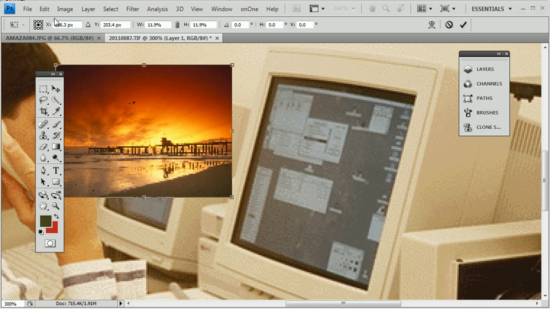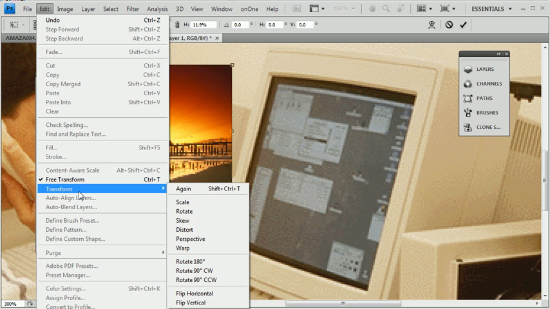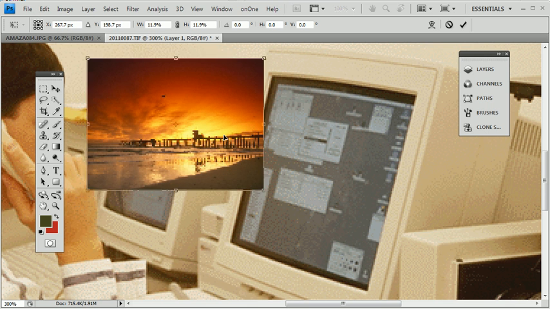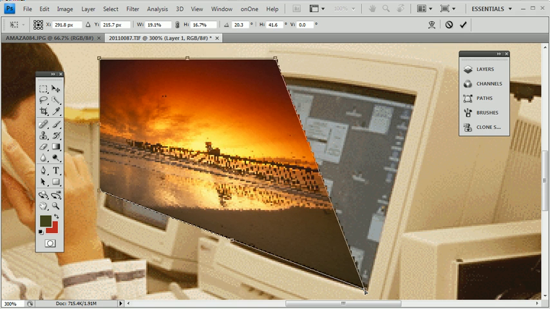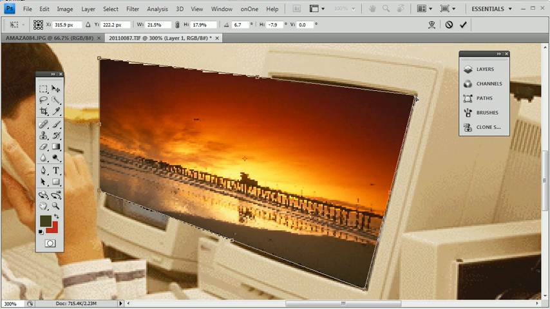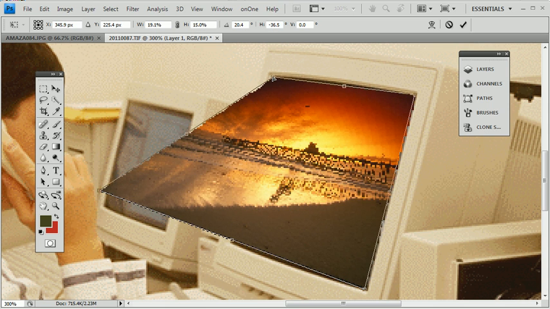So what we will do is the newer command I was showing you earlier, go to your transform and select distort. That way each corner can be placed independently, regardless of whether it's 90 degrees. So I'm going to stretch it on there, go to here, place it right onto the monitor,